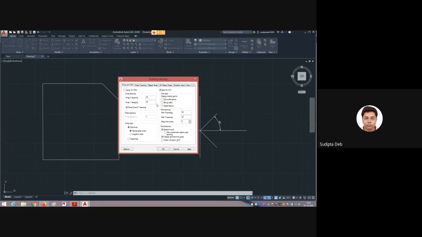In the grid or snap button, you can change the resolution of AutoCAD. If you are drawing anything in micron units, it is very small, you cannot see. But if you change the grid spacing, snap spacing, then you can draw these things. Very small drawings can also be drawn in AutoCAD.